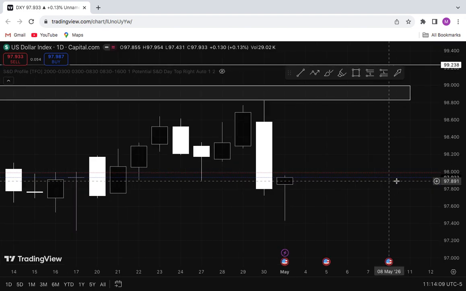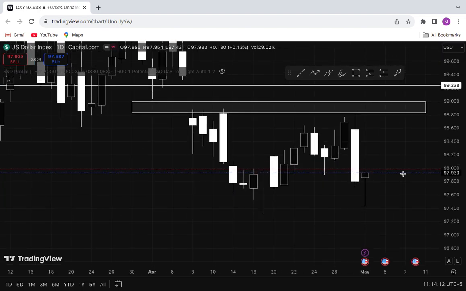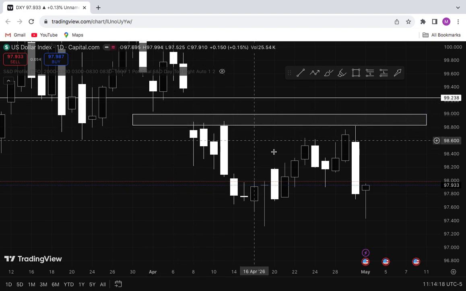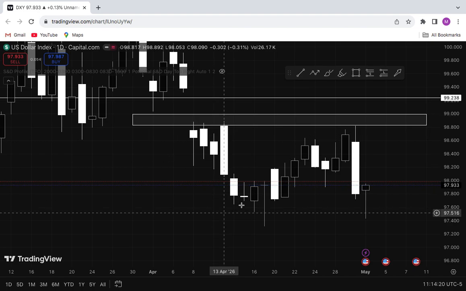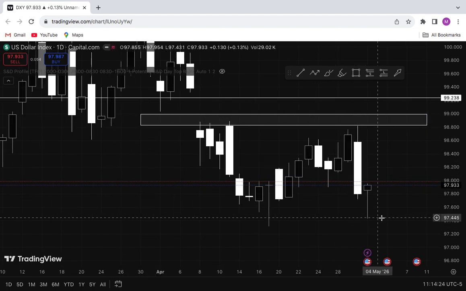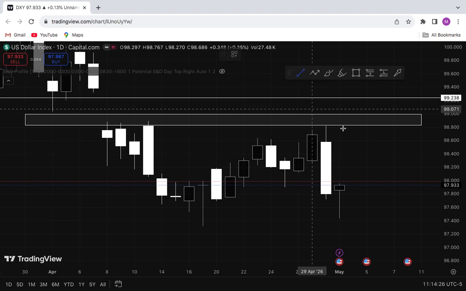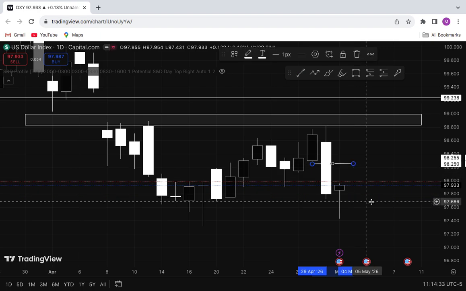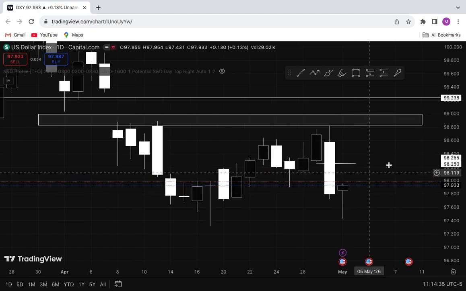Okay, so now as you all can see, this is the fair value gap we had, which was this open gap in the market. Price came, collected the liquidity the first time, dump, came back, collected it the second time, and we had a dump to the downside. And here you can see we had this area where price gave us a structure shift. But now, what am I interested in?